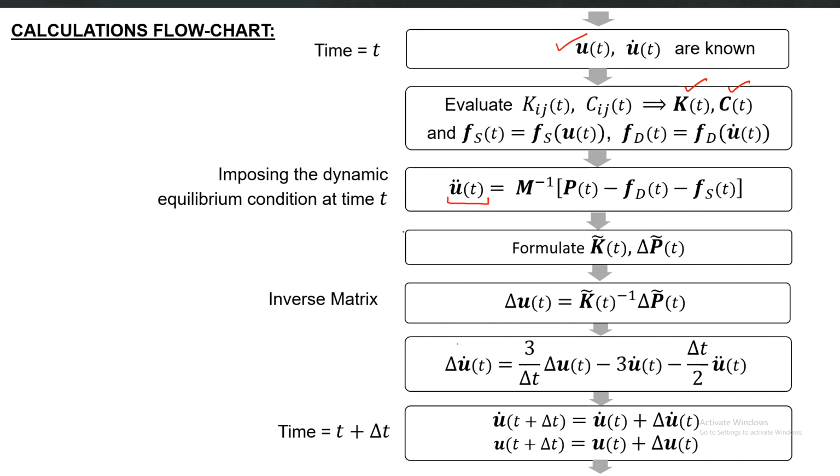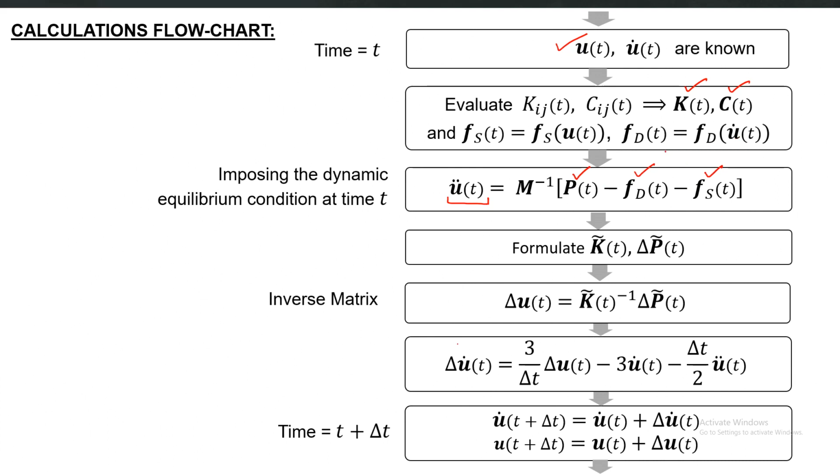In fact, this is not a mandatory step in this whole process, because we already have an equation which will give us the increment in acceleration. We can start with a starting acceleration, calculate that increment, and then add it towards the end of the calculation process. But in order to reduce the error, since we already have the applied force and we have calculated the damping and elastic restoring force vectors in the last step,